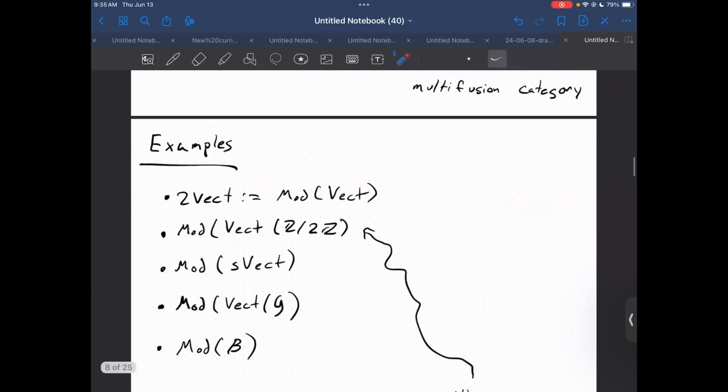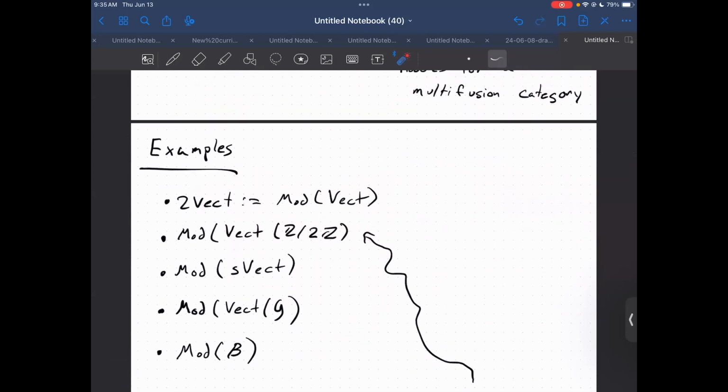Okay, so here are our examples, right? There's not too many, and there's an extra parenthesis. Okay, great, mathematically rigorous. The first example is the 2-category of finite semi-simple modules for vector spaces, which is